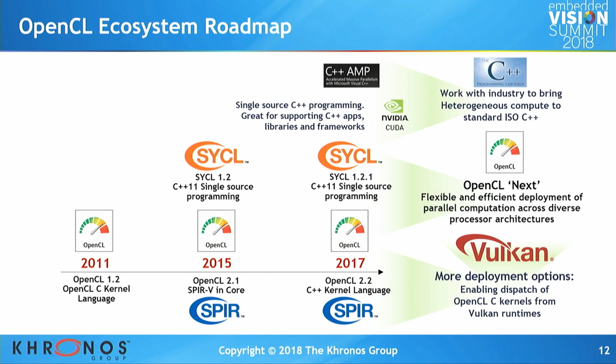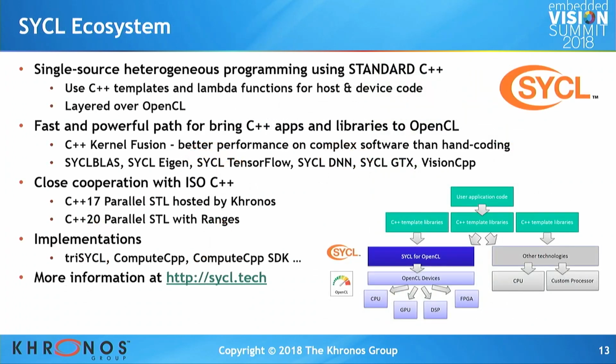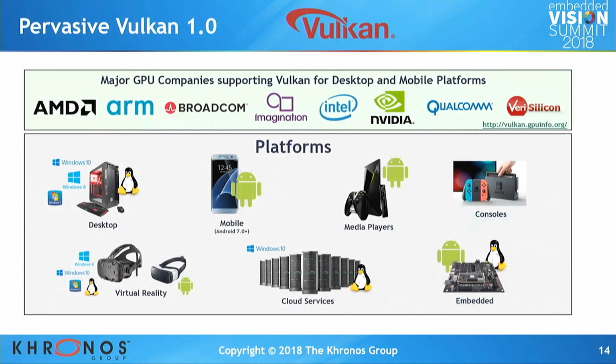And last but not least, we're looking to make OpenCL more flexibly deployable. So let me just talk about those briefly. So the SYCL ecosystem, again, Andrew was talking about it. I think it's actually awesome that libraries like TensorFlow written in C++ can just be straightforwardly accelerated using SYCL. The goodness of the compiler stack lets that happen with good performance, and we all want that goodness to be put into standard C++ over time.